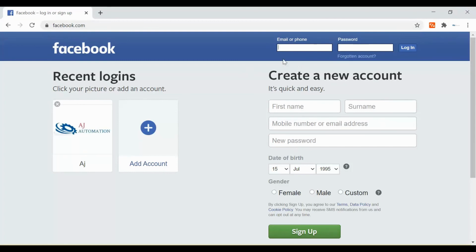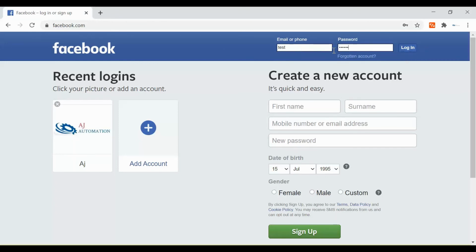And how can you find the fields? In manual testing, we use our eyes and brain. Our eyes help us: this is the email field, this is the password, and this is the login button, which is available at the top right corner of the screen. So we use our eyes, this field is here, password is here, and then with the help of mouse and keyboard we enter some data in both the fields, and then we click on the login button.